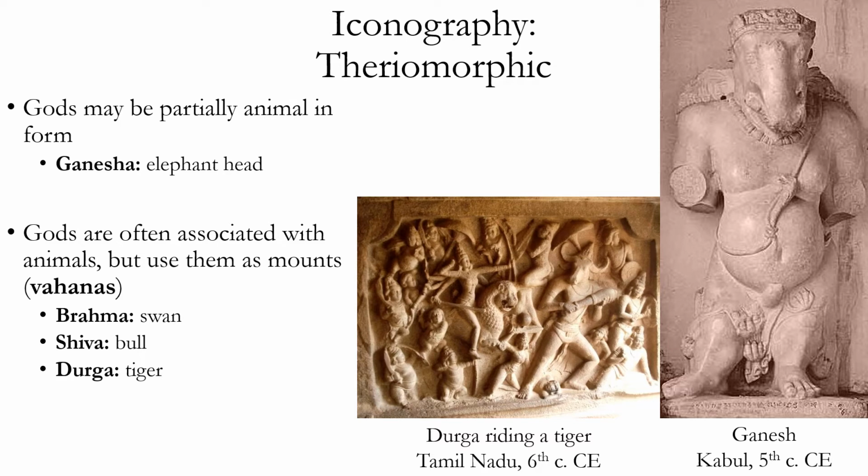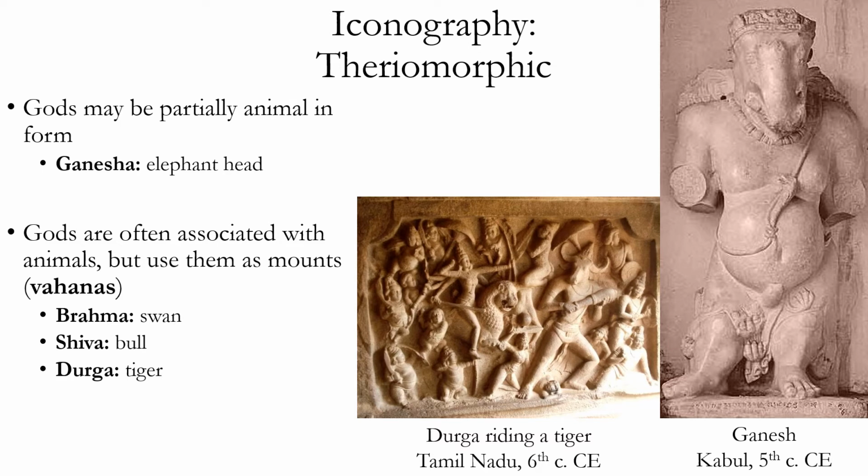And it's also common to depict gods not as being partly animal in form, but as using animals as mounts or vahanas. So an example of this is the goddess Durga, who rides a tiger or lion. An early depiction of this from Tamil Nadu in southeast India, you can see on the right from 6th century CE. You also see on the right side of this image, she is fighting the buffalo-headed demon. And in this particular icon, he looks like a minotaur. He has the head of a buffalo, similar to the Greek mythological monster of the minotaur, which had the head